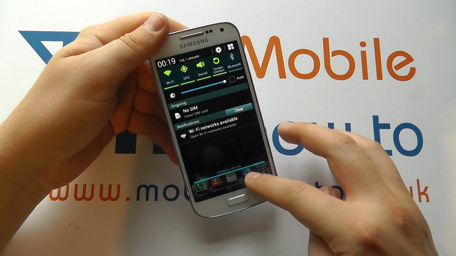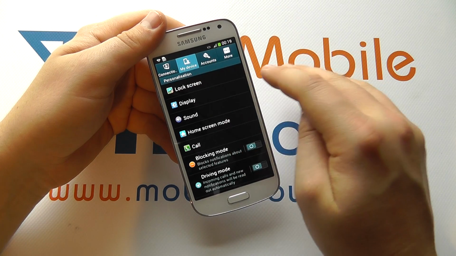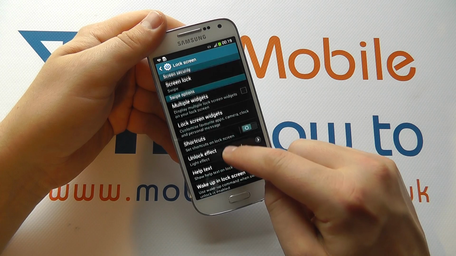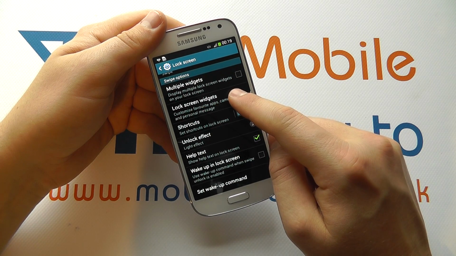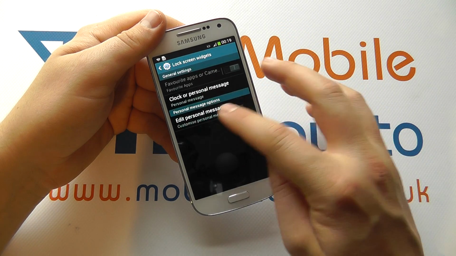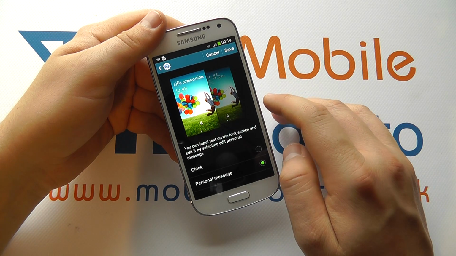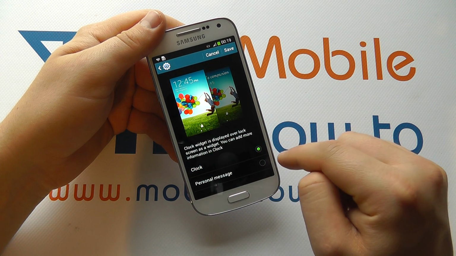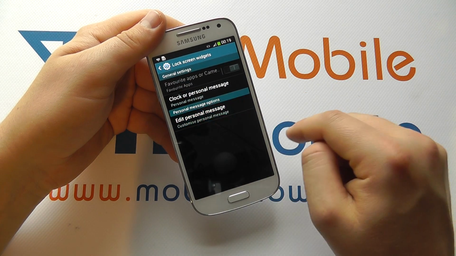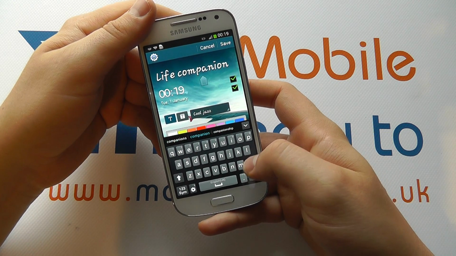You can get more scope by dragging down from the top, going into settings, going into my device and to lock screen, and in here you can control more things around the lock screen. So what widgets you actually have on the lock screen, if there are any shortcuts, so I could switch that on, and I can choose the widgets that I have here. So at the moment it's got clock or personal message, so you can have just the clock or clock and personal message. I can edit the personal message, so at the moment it says life companion, so if I just go and change that,